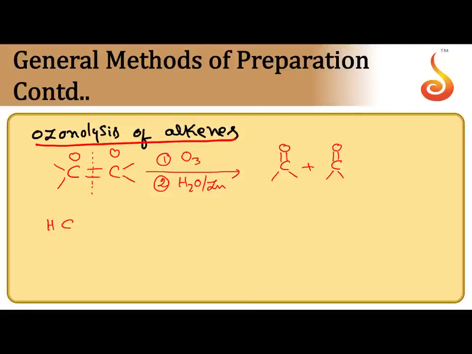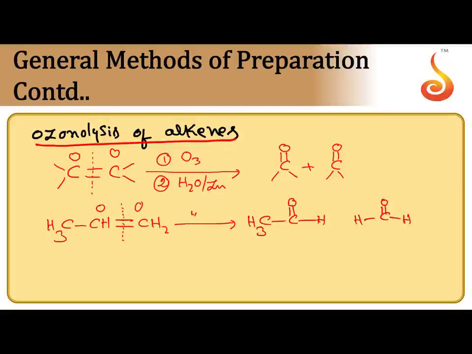Let us take a few examples. CH3CH=CH2. If it is subjected to ozonolysis, you break the C=C double bond: CH3CH and CH2, HCHO. Each carbon takes one oxygen through a double bond. So that is the method of writing the ozonolysis products. Sometimes they may give products, and you just break the C=O, remove oxygen and connect the 2 carbons to get alkene.